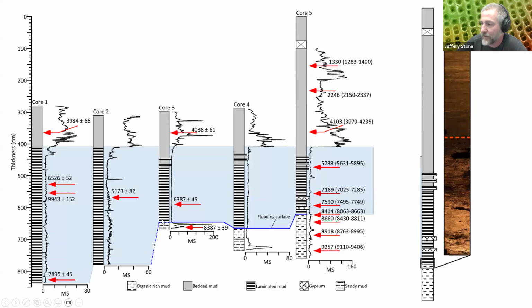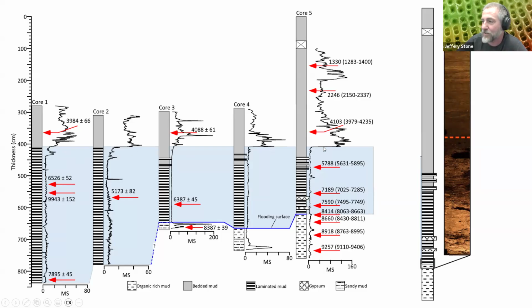But we can see this transition in the cores that got deep enough effectively. We can see this transition occurring where they become laminated, and then we can also see this transition where they stop being laminated near the top. And then plotted adjacent to these is magnetic susceptibility, which we use to basically help correlate between the cores. So these jaggedy lines that are drawn here are showing differences in magnetic susceptibility, and you can see